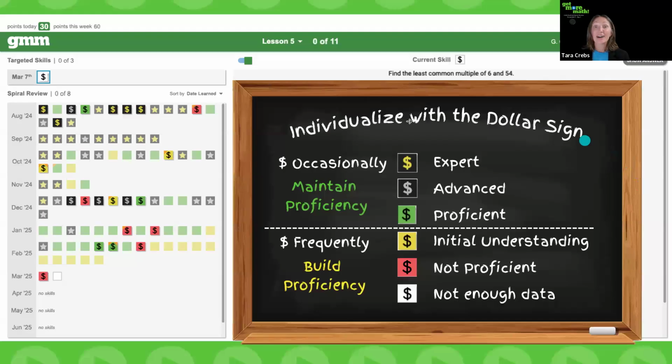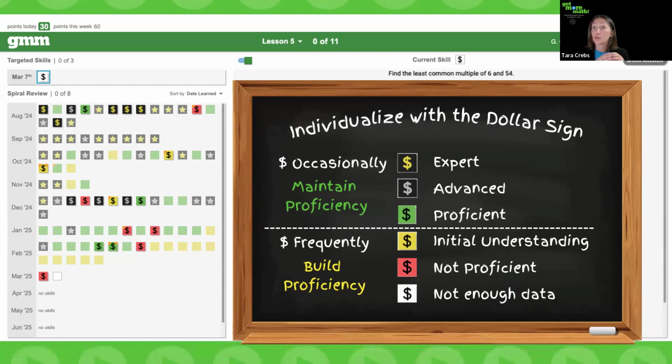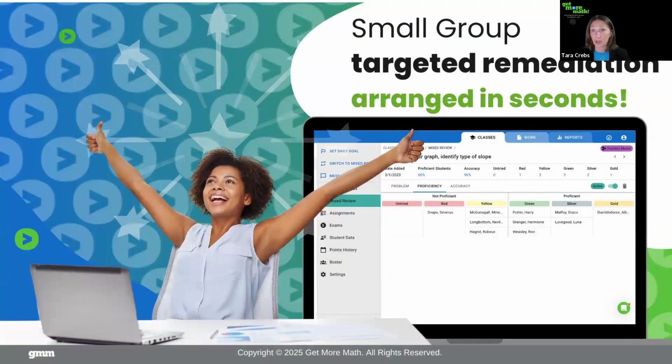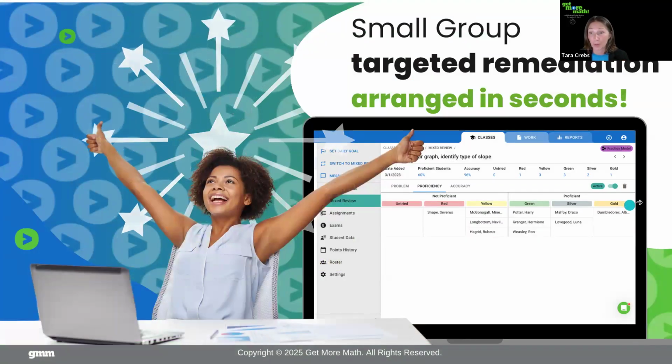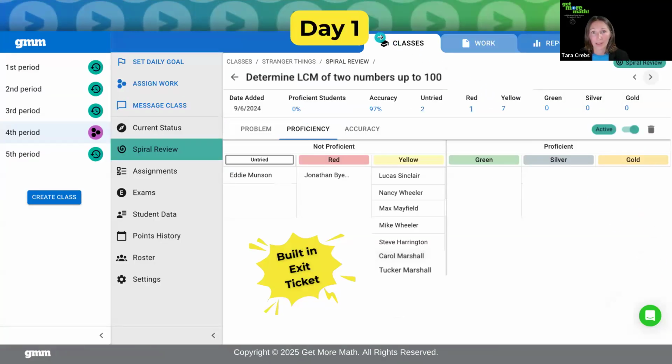Makes sense. Fantastic. So all of that information is going to give each one of your students an individualized spiral review experience, but it's also then translated into the teacher application so you can use it to inform your instruction. The teacher's view on day 1 is going to show you your entire class. So from spiral review, you're seeing that least common multiple skill and you're seeing the color of the skill square for each of the students in your class